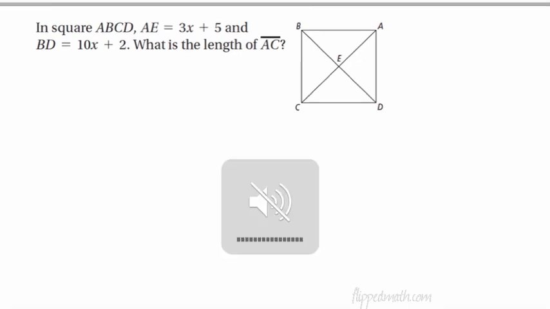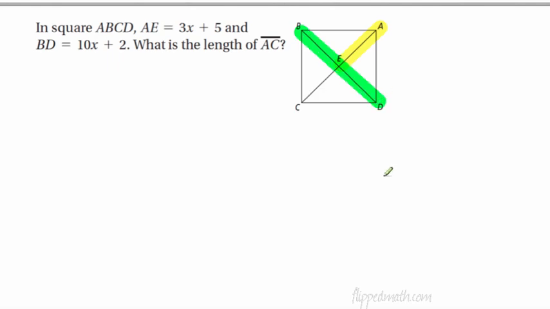Okay, so what do we have here? Square ABCD. They tell us AE. Please look at what they're telling you. That's a half diagonal. And they tell us that is 3x plus 5. And BD, that is the entire diagonal. Okay, so what do we know? We know that BD is 2 times AE. So I'm going to write that out. BD